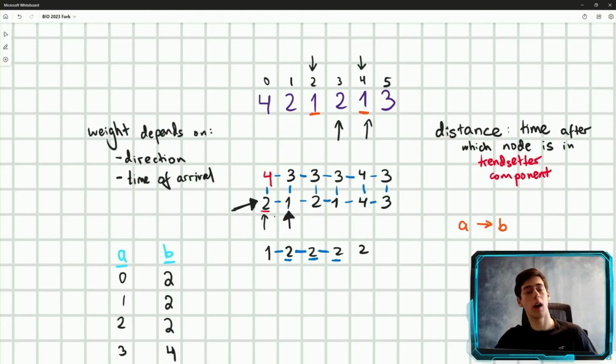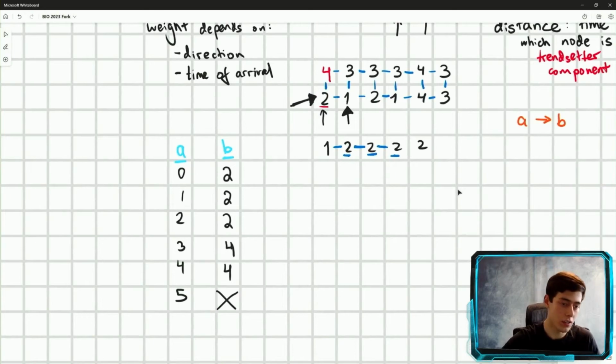Otherwise, it will never join. So why have we chosen 2 and 4? Obviously because we have 1s in the trendsetter changes at these times. So in this case, the weight of this edge, right? In this case it was 2, in this case it was 1, in this case it was 0, in this case it was 1, in this case it was 0, and in this case, well,